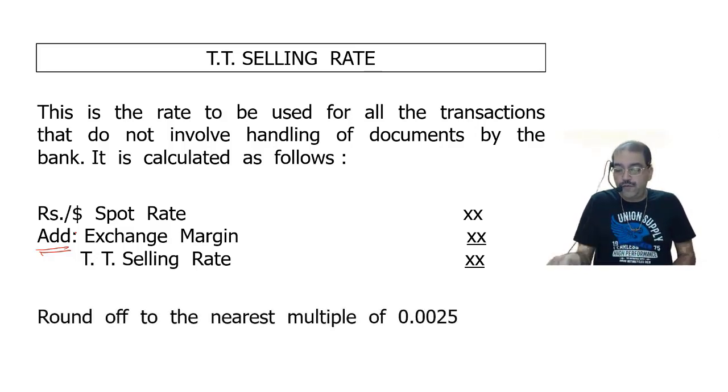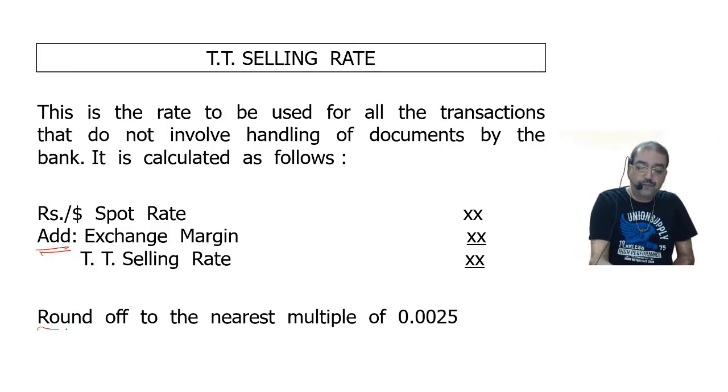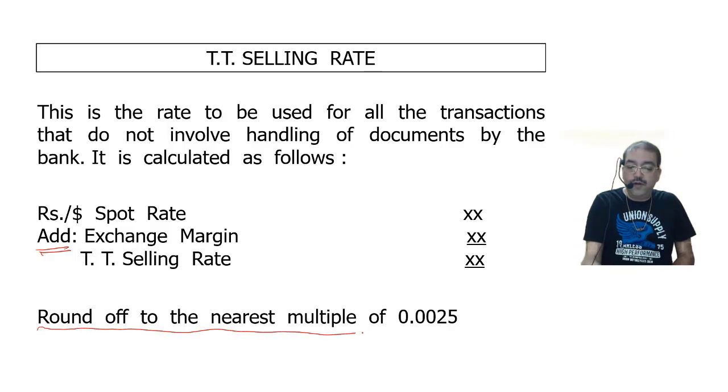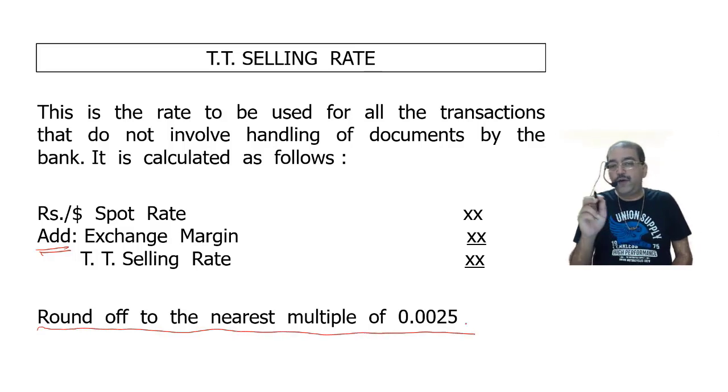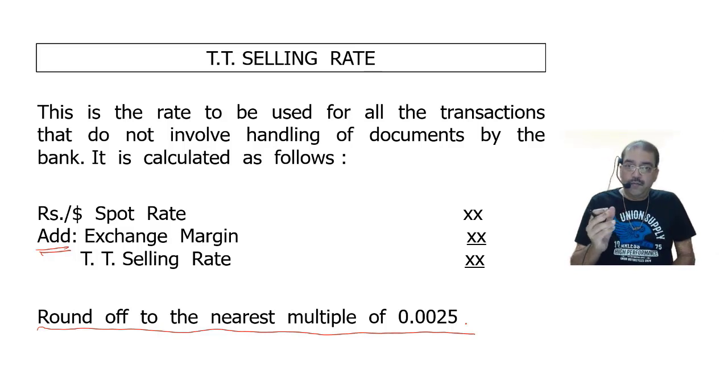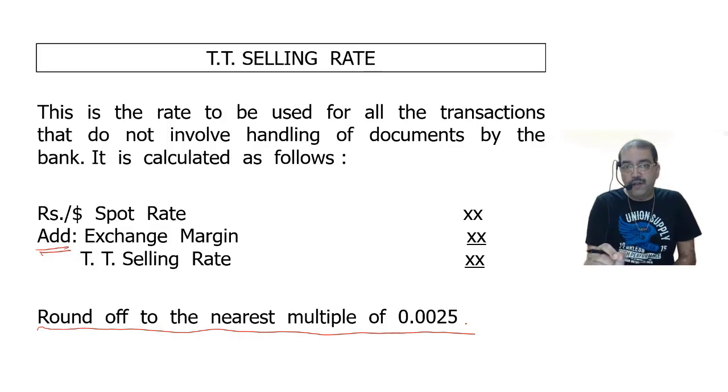Now, very important for you. What is important for you? Round off to the nearest multiple of 0.0025. Bill rate as well as selling rate. TT rate, bill rate, buying rate, selling rate, everything: when the bank calculates its exchange margin and then you are given the rate, the last figures must be a multiple of 25. So suppose you get your answer as, let us say,